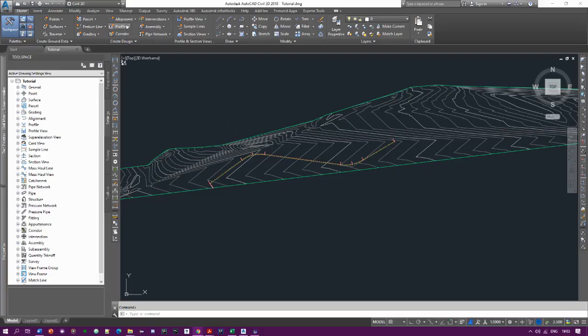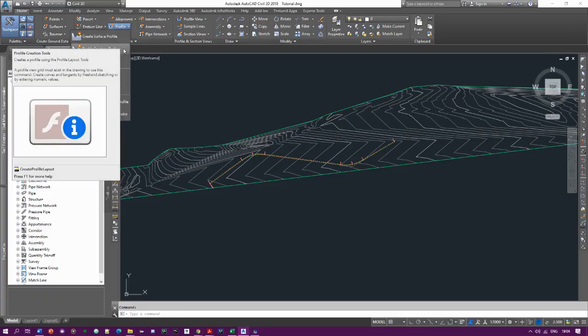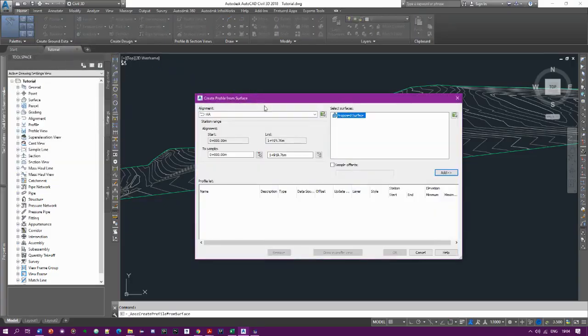Now, for our design, we'll be using the profile button, which is on the Home tab. When we click the profile button, we'll be using the Create Surface Profile to generate our profile and the Profile Creation tools to do our alignment design. Clicking on the Surface Profile button,